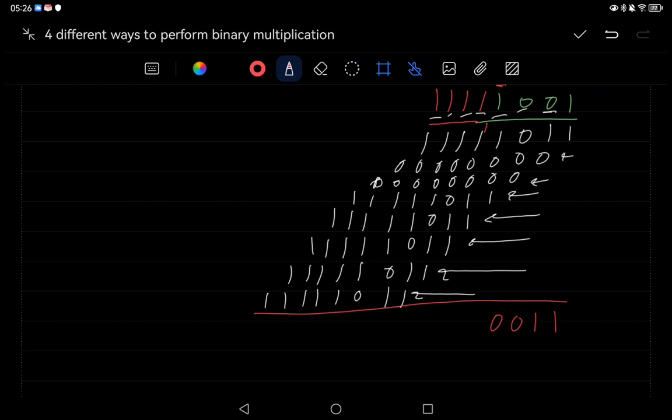We carry 1 here. Here we have 1 plus 1, which is 2, and so we'll put the 0 here and put the 1 here. Here we have 1 1